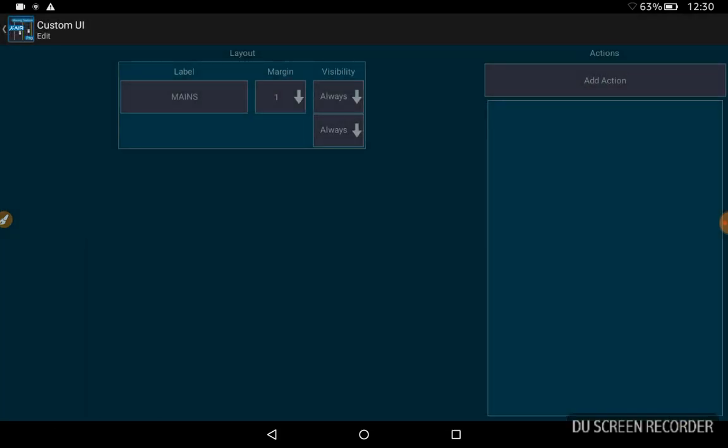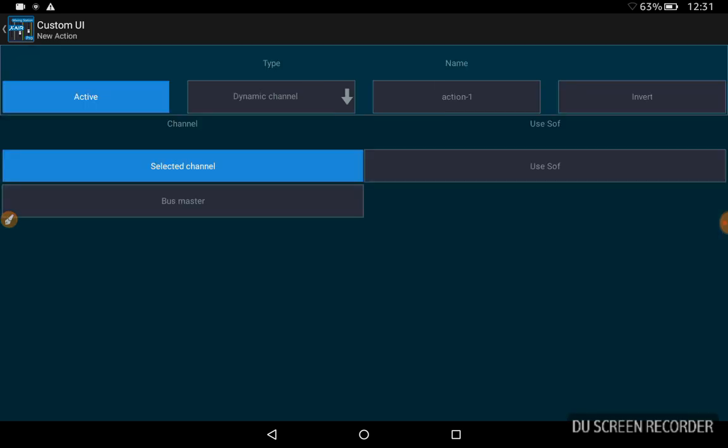Okay, and as you notice, mains popped up. I really don't want to do any change with it, but what I want to do with it is add an action. So I hold down add action,